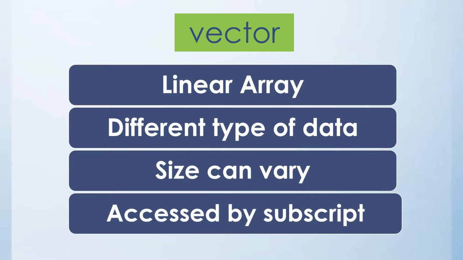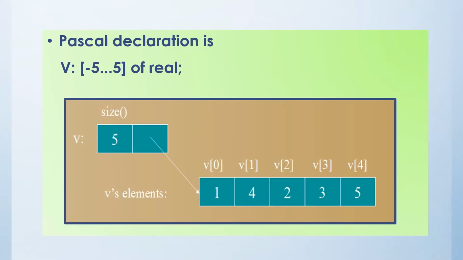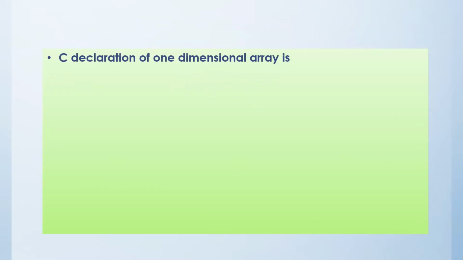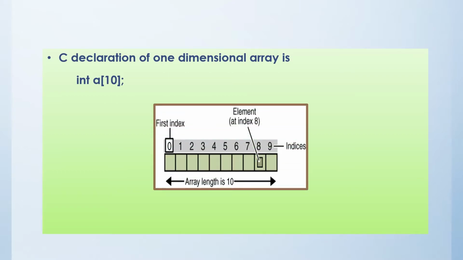A component of vector can be accessed by giving its subscript giving the position of the component in the sequence. A typical declaration for a vector in Pascal is V colon array minus 5 to 5 of real. That defines a vector of 11 components, each a real number, where components are selected by subscripts minus 5, minus 4, up to plus 5. In C, the declaration of one-dimensional array is int a[10];